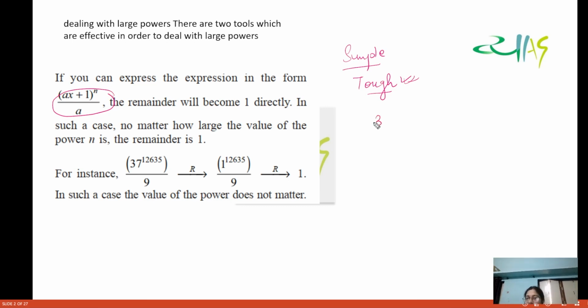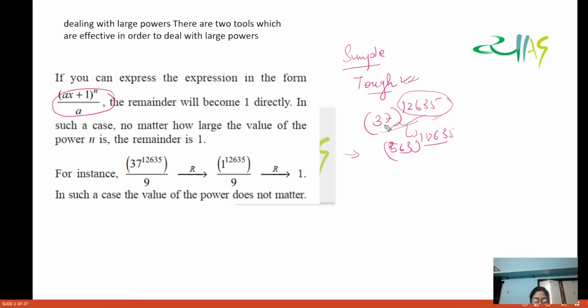For example, if you try to do 37 to the power 12635 with the help of your calculator, you will not be able to do it, because it will say such a large number is not allowed. So I already told you that when calculator doesn't work, we work there. Whenever you encounter such large power, for example, like 563 to the power 12635,